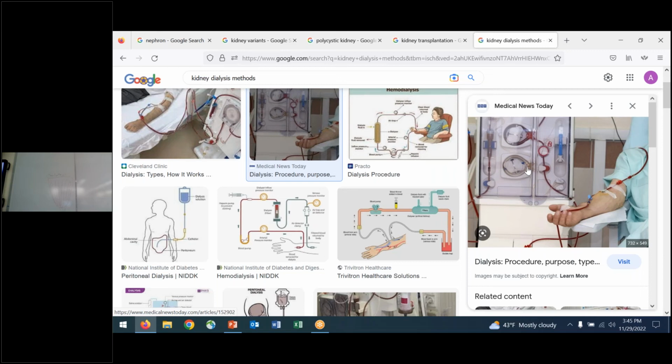Hemodialysis is when we're actually using a machine and we're connected to this machine, maybe 3 times per week, going in for a few hours at a time, like 3 to 4 hours, and it's filtering the blood and doing the role of your kidneys that your kidneys can't do. That's hemodialysis. We also have